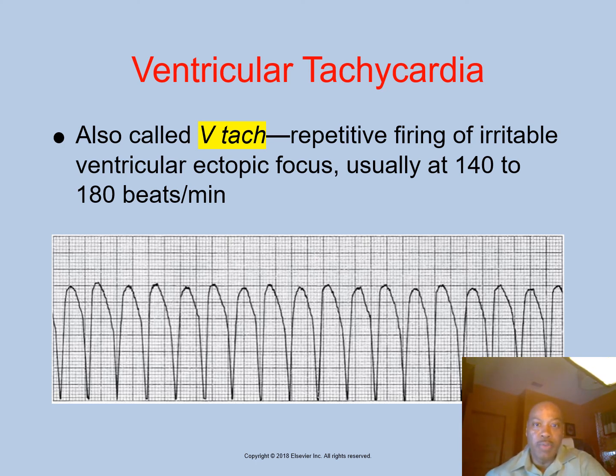Remember the automaticity we talked about in some of the previous slides. It's one of the characteristics of the heart. So just take a look at that definition. They can be intermittent, which is referred to as non-sustained, or they can be sustained, lasting longer than 15 to 30 seconds. If it lasts for more than 15 to 30 seconds, then it would be referred to as a